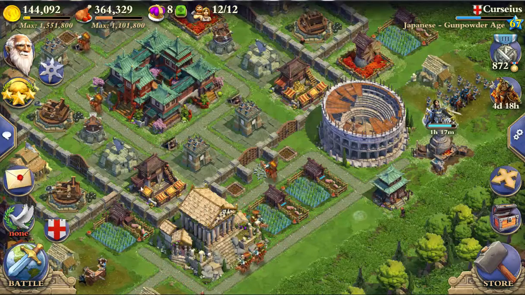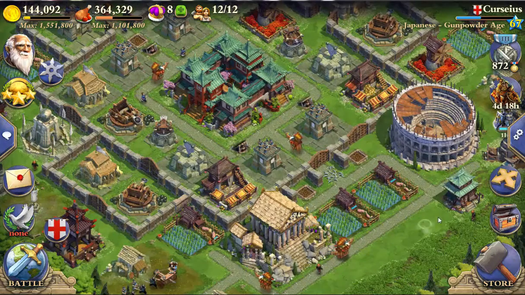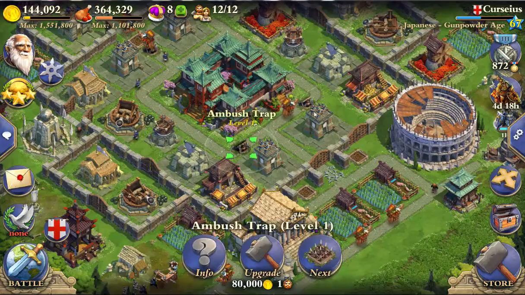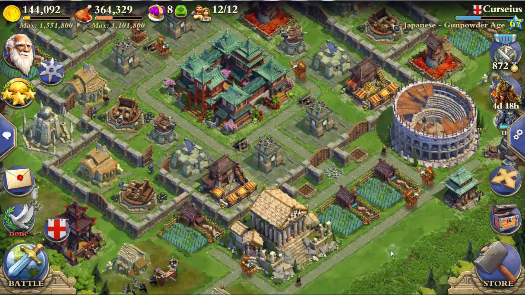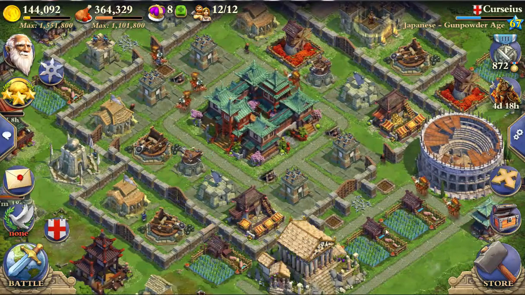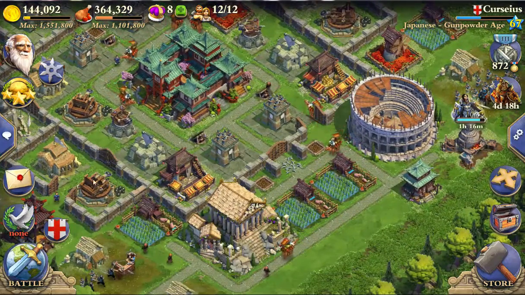Sometimes it may not work that way, but you got to do what you got to do, and you got to have some sort of a defense plan. And the same concept applies for when they get inside. That's why the ambush traps are here. When the enemy gets too close to the town center, ambush traps will pop. They'll be caught in a melee in range of the ballista towers. And by that time too, the stables will have spawned and be sending